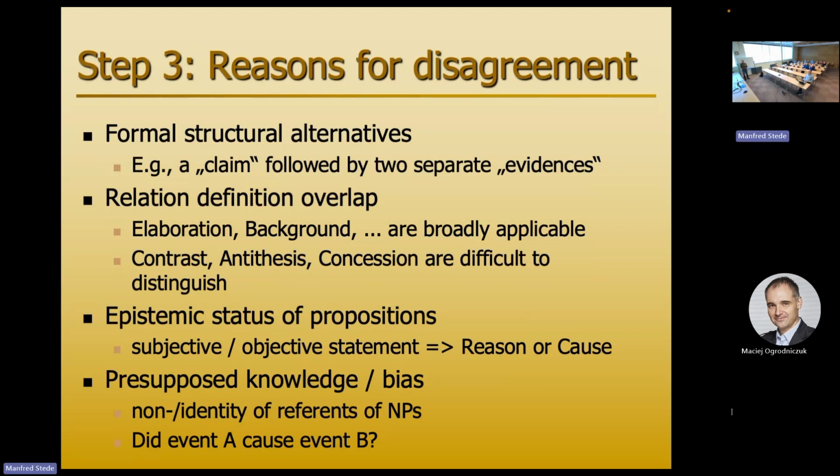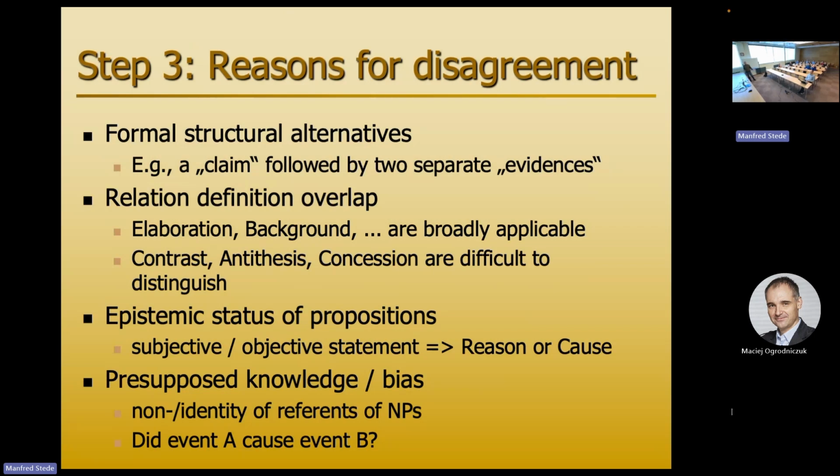Third box of reasons is the epistemic status of the propositions. Is my statement subjective or objective? That's very often not clear in a sentence. I can't think of an example right now, but you might imagine, objectivity is not something that you can pin down very neatly in all cases, but it has consequences. If it's subjective, you should assign reason. If it's objective, causality in the world, it should be cause. So these decisions have to be made in choosing the relation.